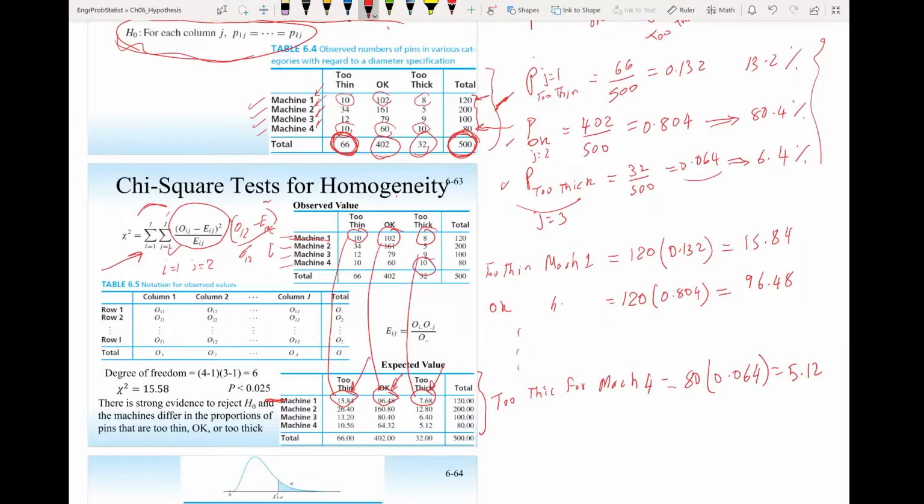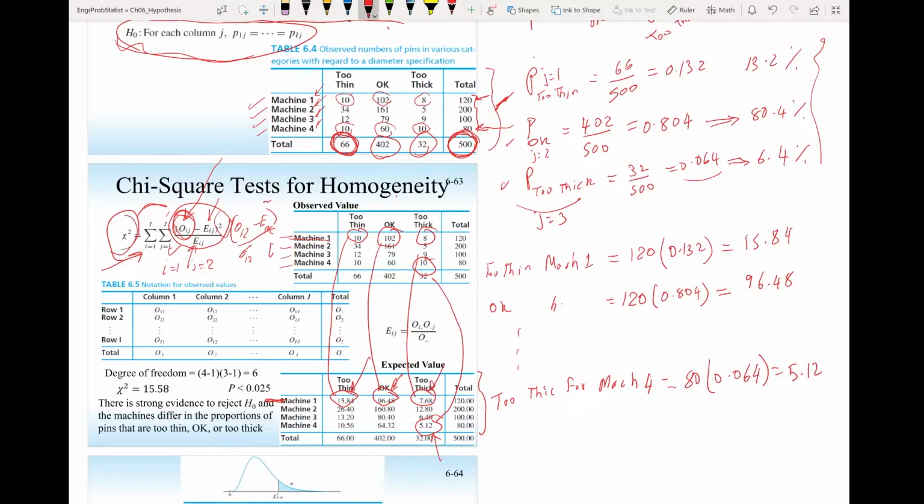And the same thing here, the difference between this one and this one, you square it, then you divide by this. And you're going to be doing it 12 times to get this value, the chi-square. Again, why does it follow a chi-square distribution? Because E are expected, so that's a fixed value. The only variable here is O. And you square it, and you standardize it, so that's a standard normal distribution, and it will follow a chi-square